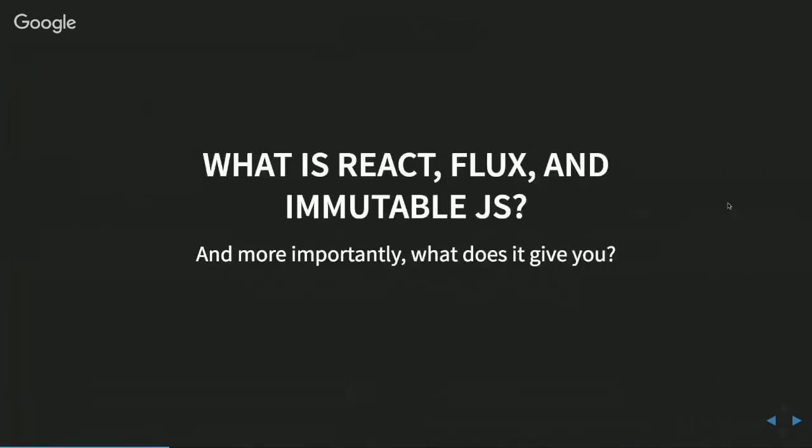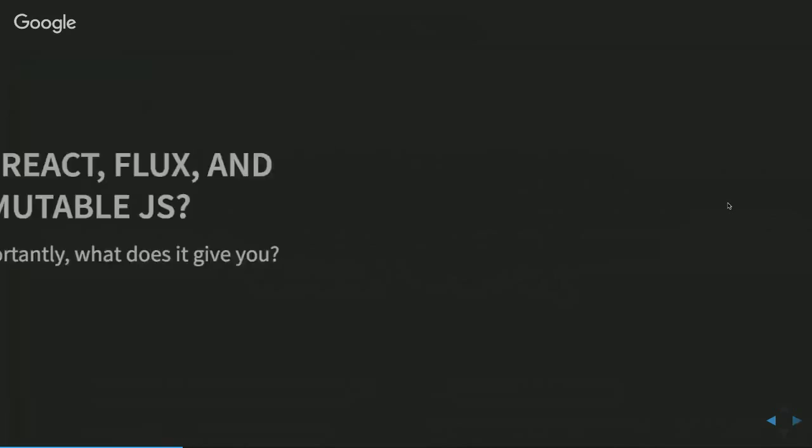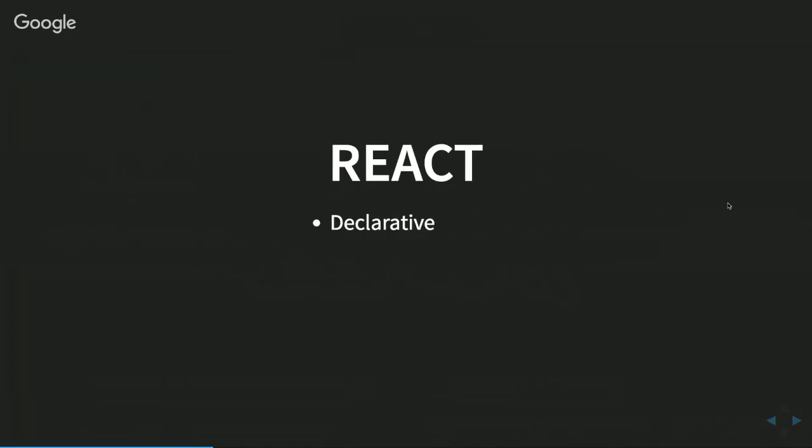So what is React? What is Flux? What is Immutable JS? And more importantly, what does it give you, right? So React, we'll start there. So it's a framework, right? And it's declarative, right? So in layman's terms, what this means is that it abstracts everything in terms of DOM